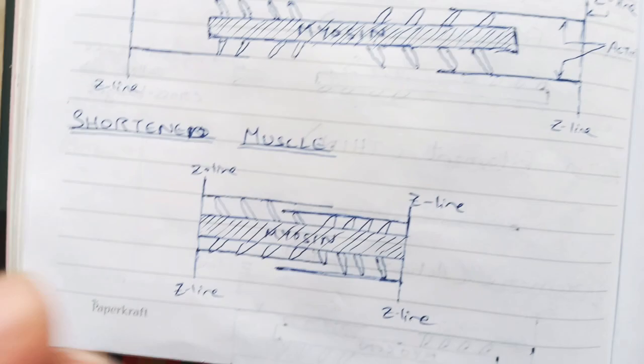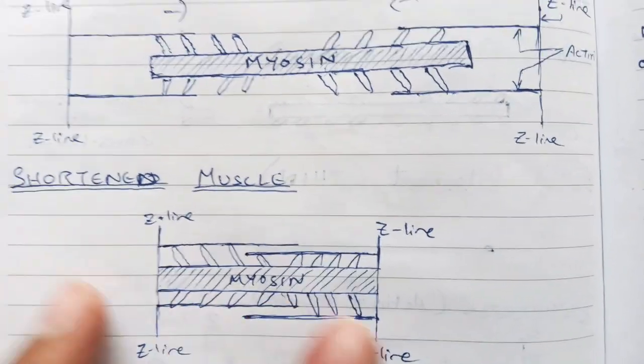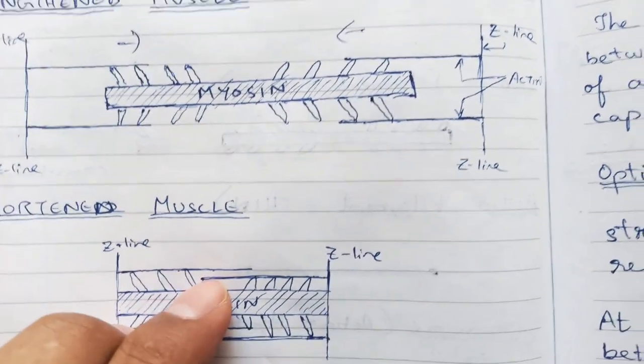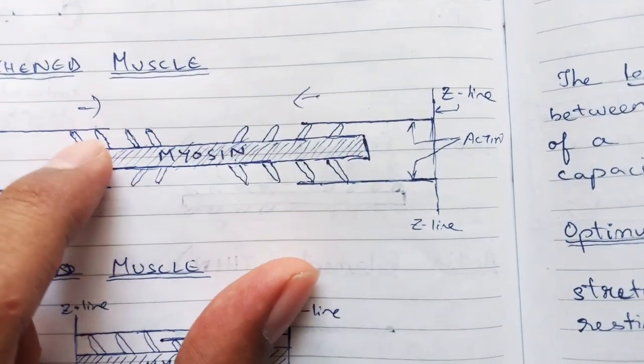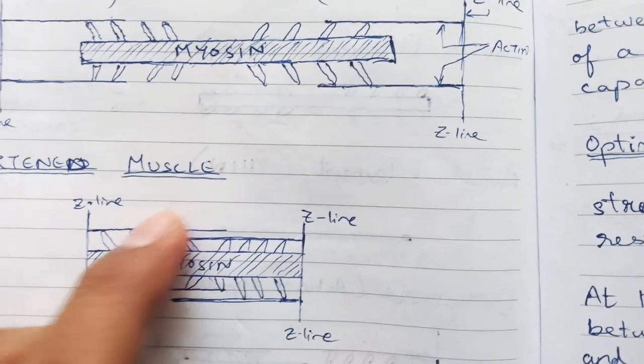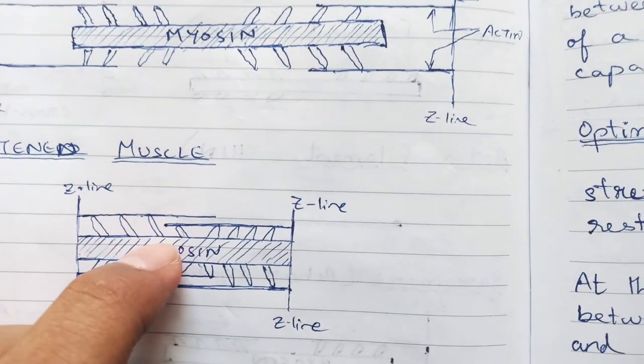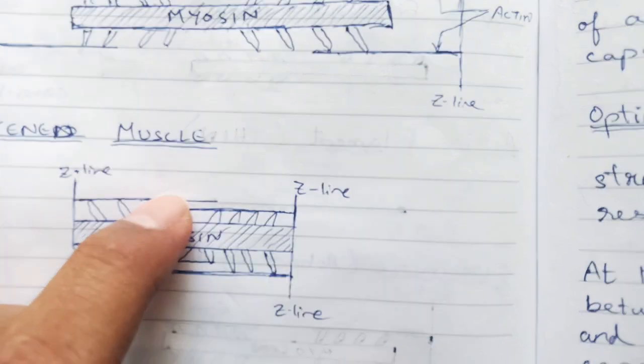Now let's take a look at shortened muscle. In shortened muscle, if you see, initially there was a gap over here, right? In every place there's a gap. Here there is no gap. So what is happening over here is it's overlapping. Instead of these two facing each other, they are kind of overlapped right now. Both the actin filaments are overlapped and the myosin heads are also not touching. Only 3 are touching over here. Here one is not able to touch this.